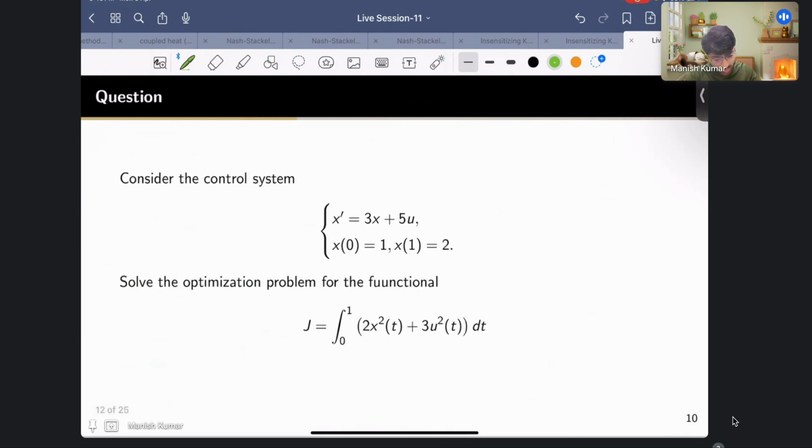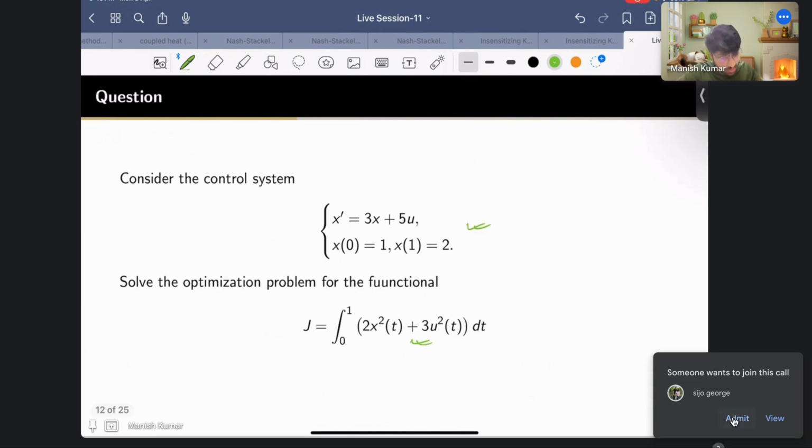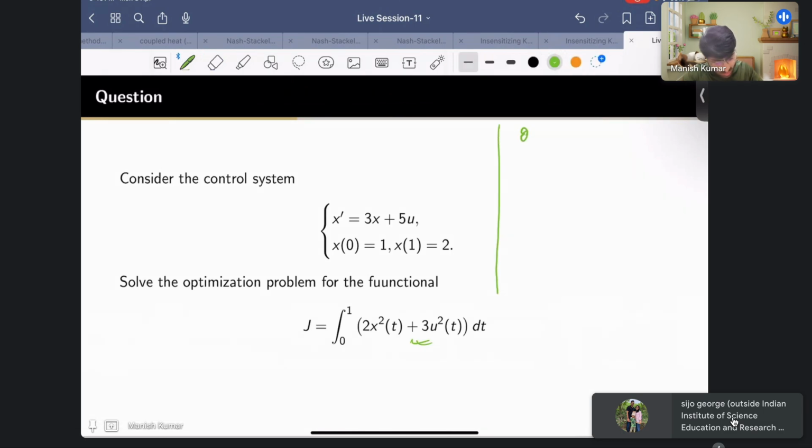Okay, now let's come to this problem. So over here you have this system, and you have to minimize this functional, 2x square plus 3u square. Okay, so let us again do the same thing. Let me first write here itself. So what is my g? Over here we just have one equation, so g of